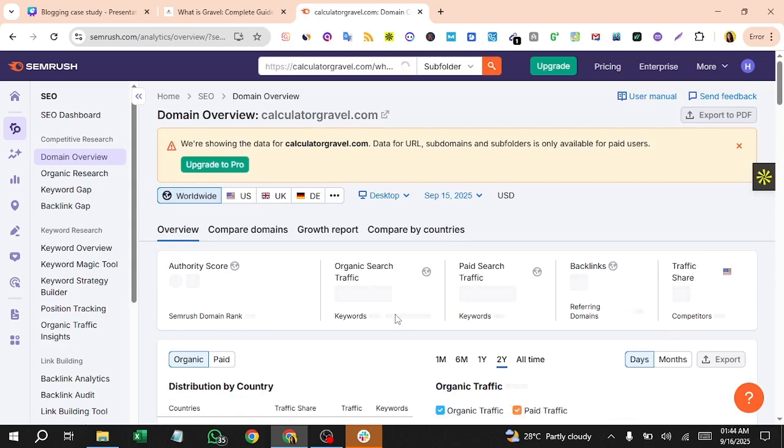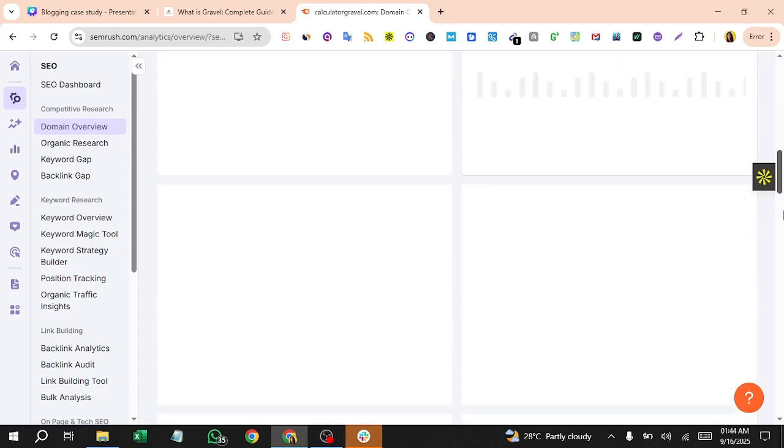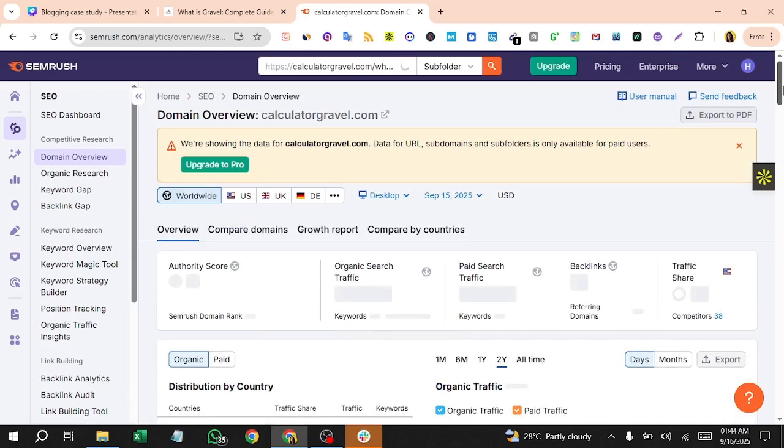It takes a while to show you all of the data. So you have to see each and everything. Just wait a little bit, and then it shows you everything.